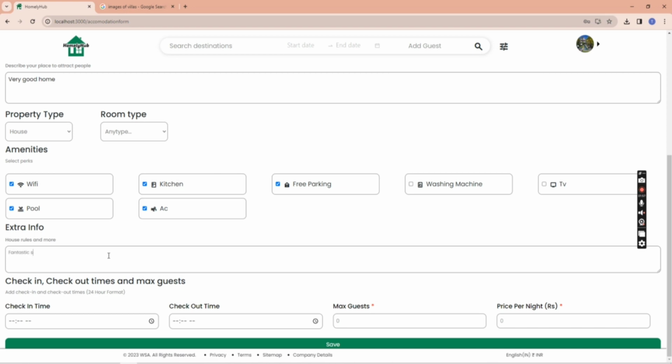It should be actually more information, but for now I'm just giving this. Now maximum guests will be 12, and the price will be 10,500. Now after clicking save,